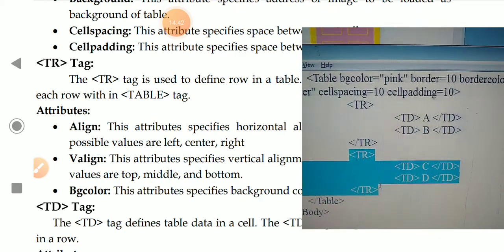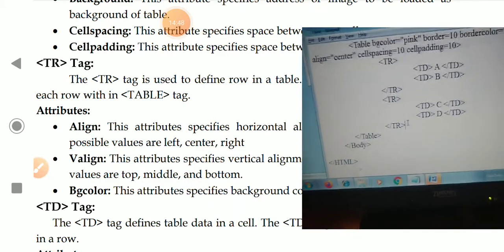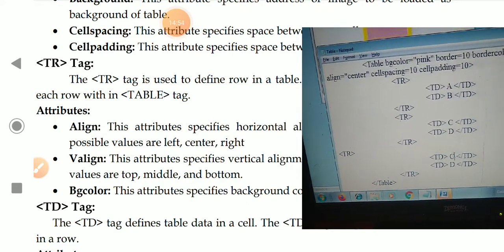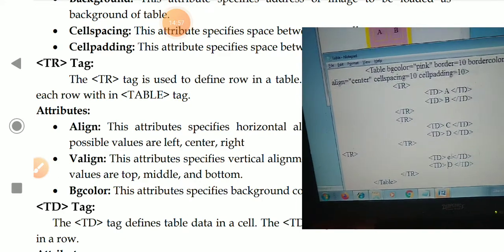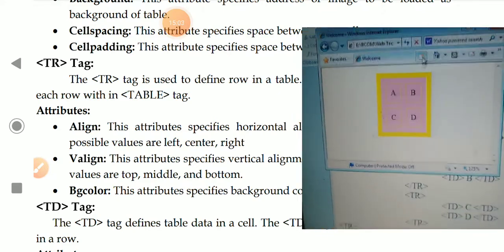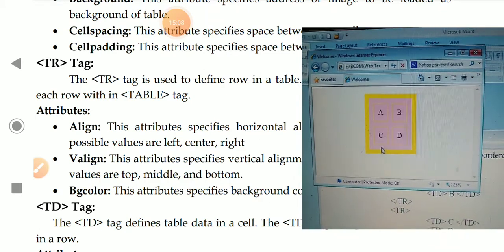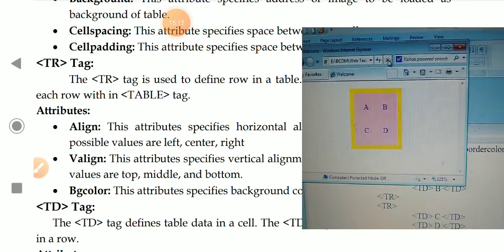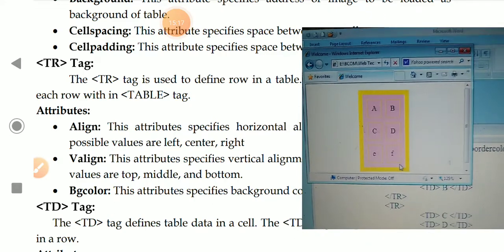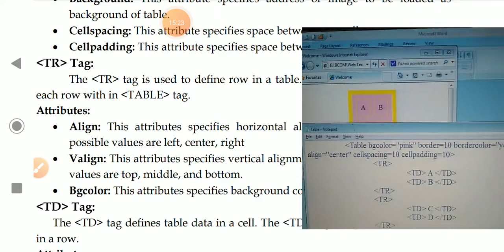So for example, I inserted another pair of tr tag. What happens? Saved. I have given the data E and F. Now see, this is the new table. I will refresh the table. A row will be added at the end. Will a column be added, or a row? A row will be added. That means after C D, the row E F will be added. So like that, for every row, a pair of tr tag is added within the table tag.